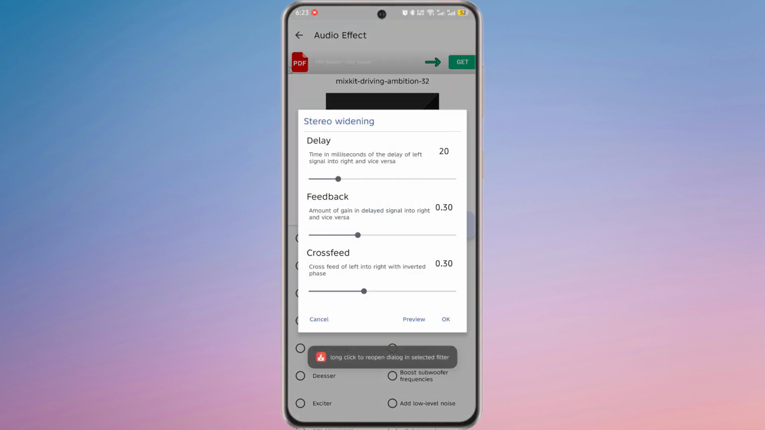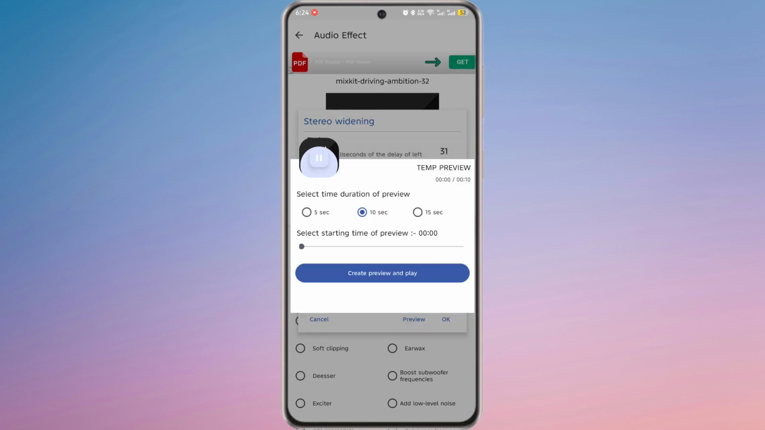You will see 3 adjustable sliders: Delay, Feedback and Crossfeed. These settings allow you to control the width, depth and spatial feel of your audio. Preview the audio as you adjust the sliders to ensure it sounds wide and balanced. Once you are satisfied with the stereo imaging, tap OK and then save to export your audio with the enhanced